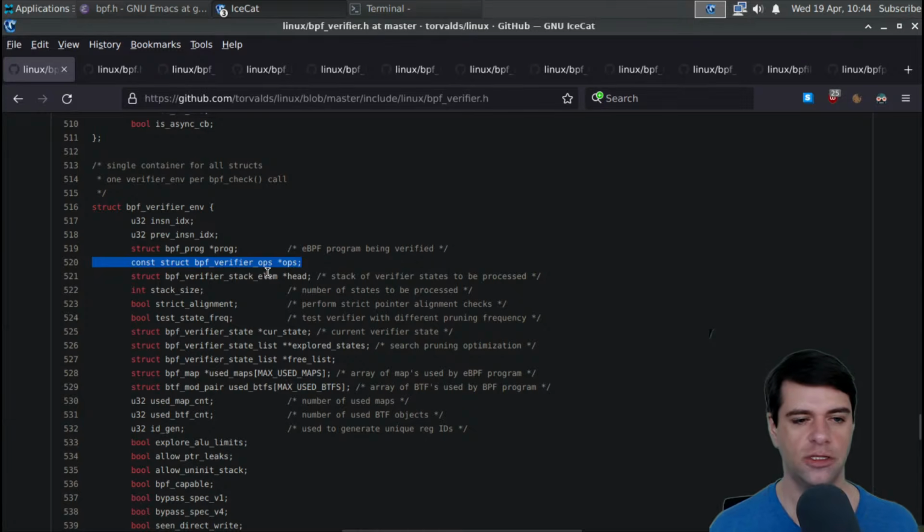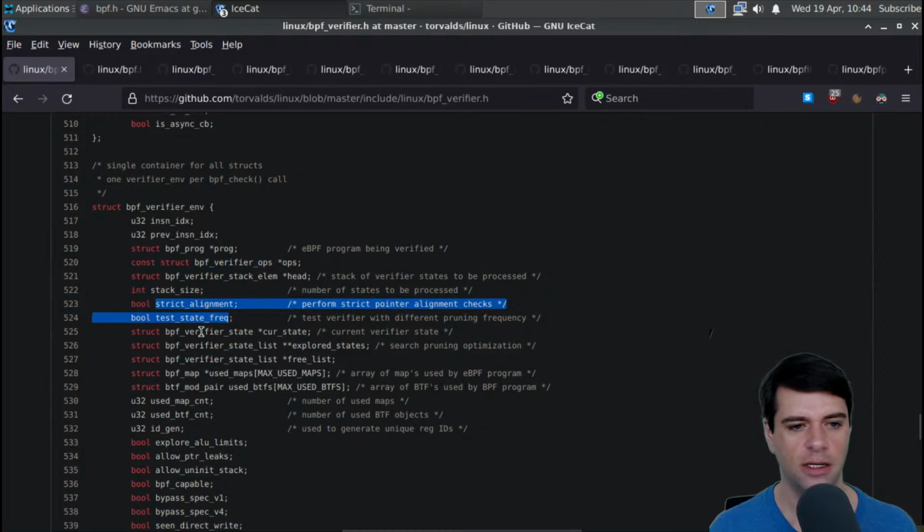The head, which is a BPF stack element, a stack of verifier states to be processed. A stack size, I guess whether to strict align, a pointer to the current verifier state, a pointer to pointers of explored states for search pruning optimizations,